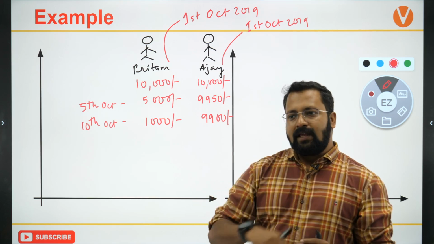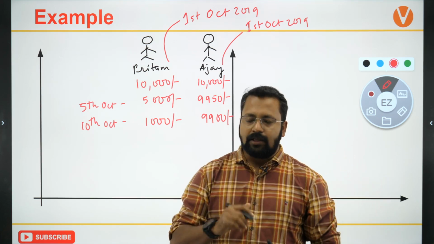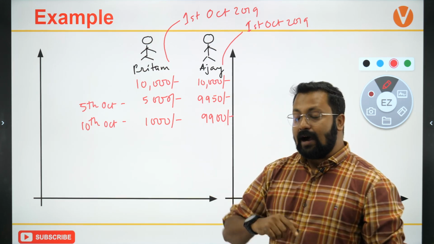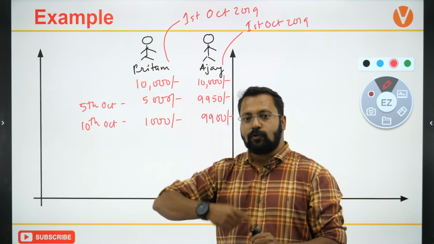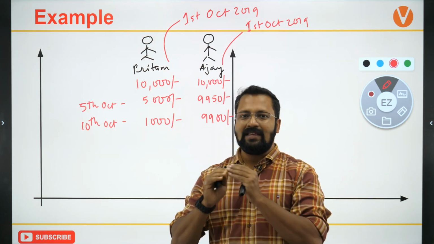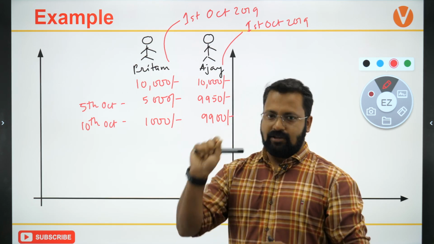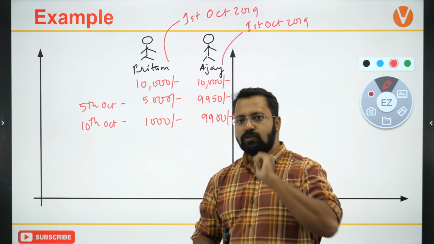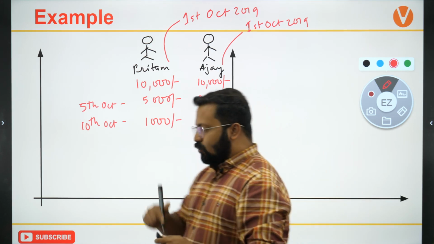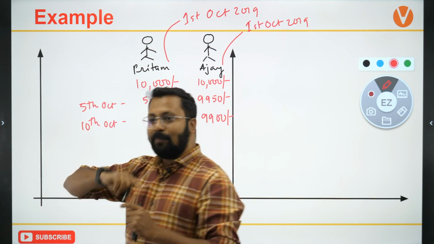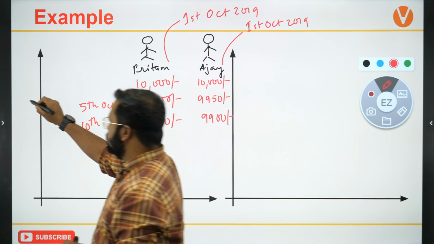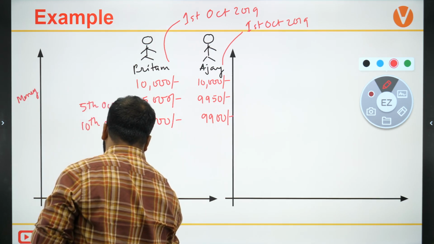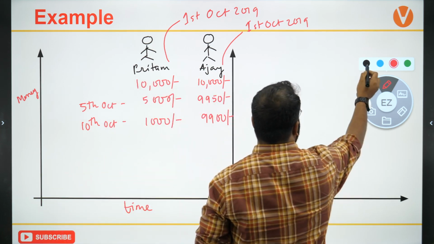What Preetham is doing is spending the money very rapidly. So what he has been doing is, after 10th of October, he realizes that until next year, I'm not gonna get any money. So he reduces his spending to a very large extent. Earlier, the extent of spending was very high. Now he reduces spending to a very large extent. So if I plot Preetham's tendency to spend, okay, so this is the money versus time. So for Preetham, if I plot